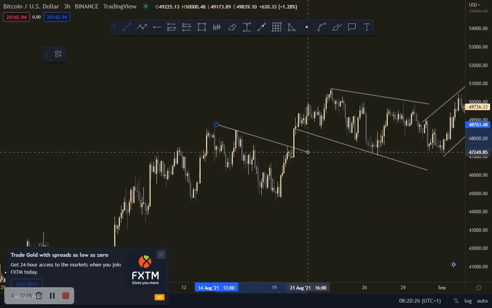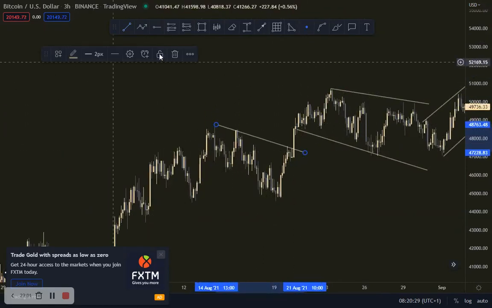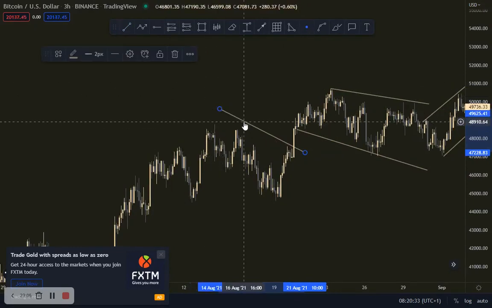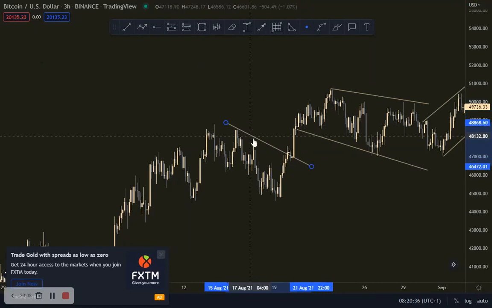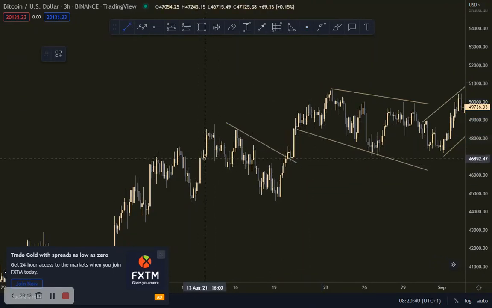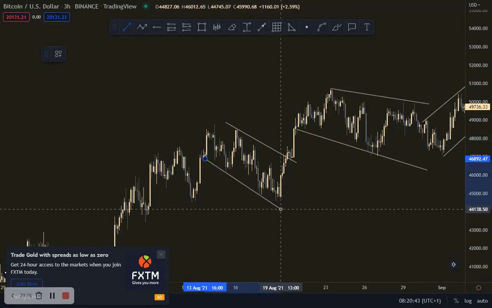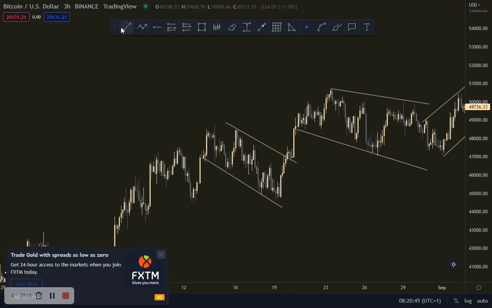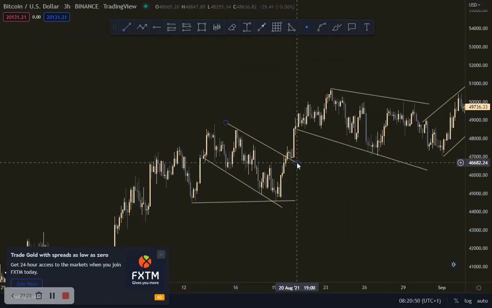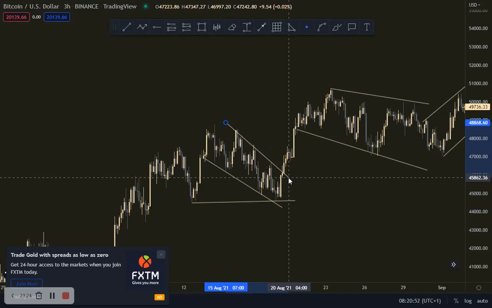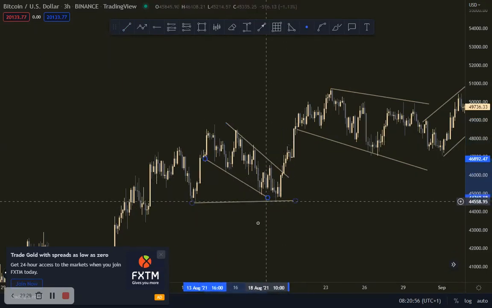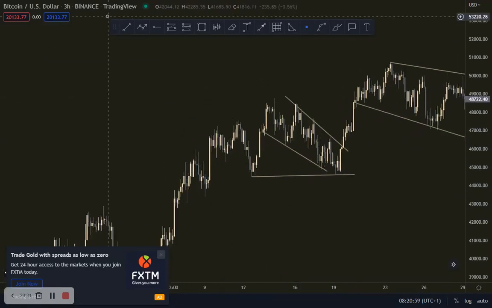You know, we had this, what do I call it? A wedge. So guys, I told you price is fractal. It's fractal, right? It's very, very fractal. You can find a flag in a wedge. This here is a wedge, right? You can find a flag inside this wedge. So, and then you have this